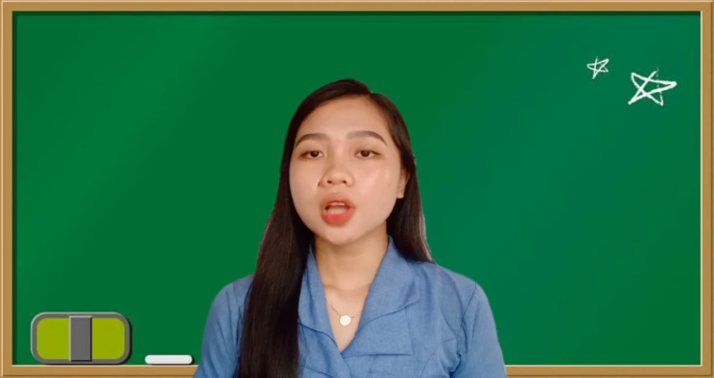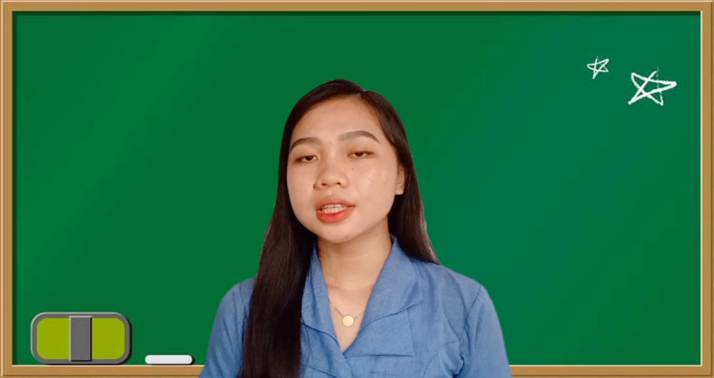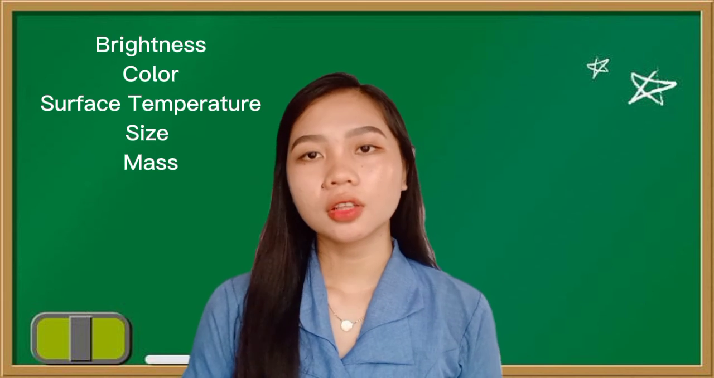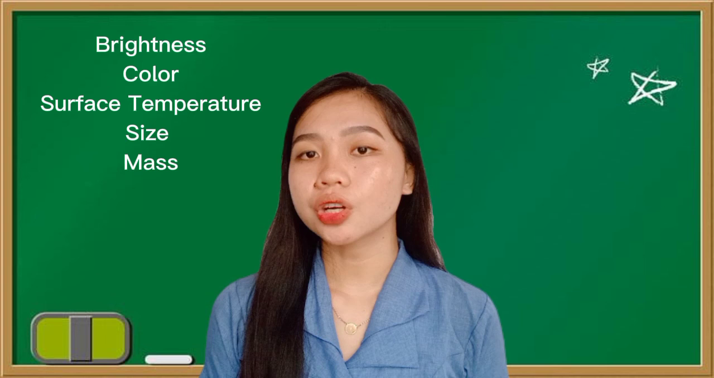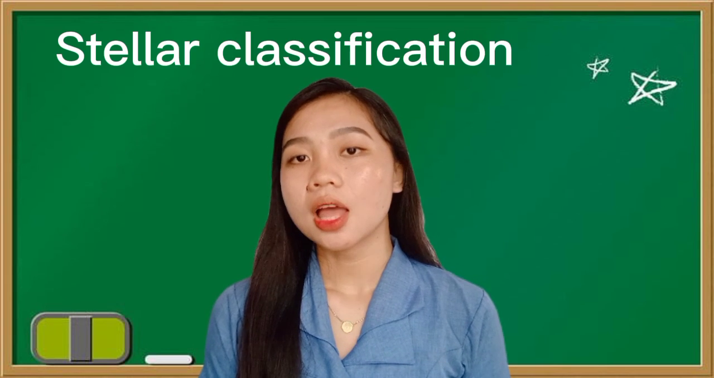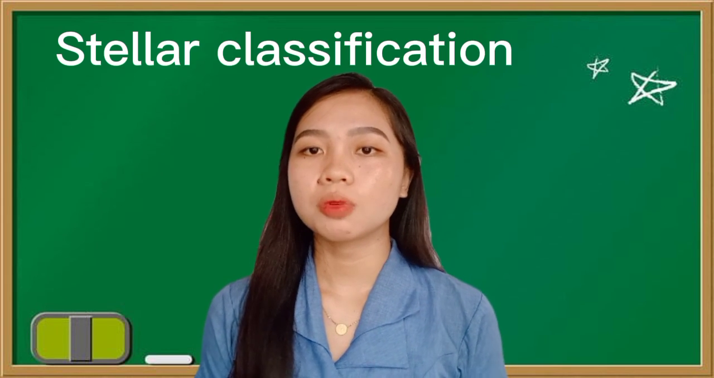So, those are the 5 basic characteristics or properties of a star: the brightness, the color, the surface temperature, the size, and the mass. The next topic will be the stellar classification, which will be discussed by my